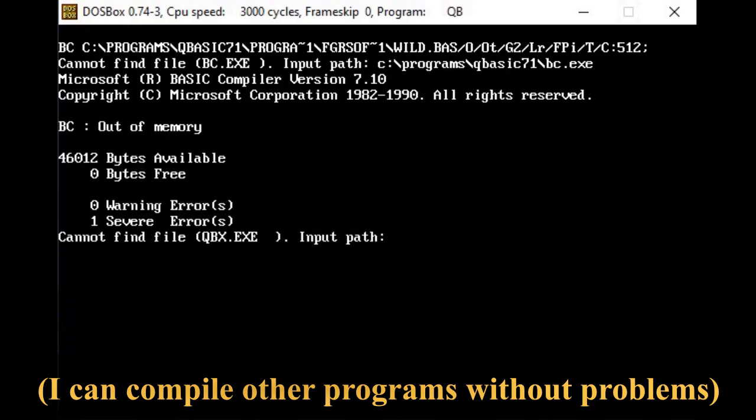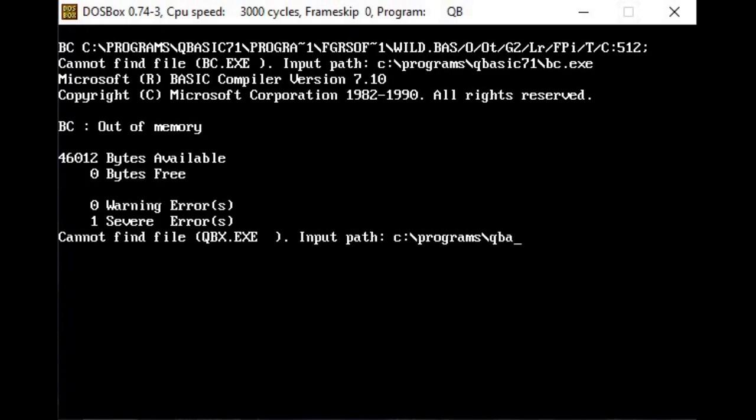So BC, out of memory. Okay, so the program is having a problem there in this bc.exe. Out of memory. The path for that. C programs / Qbasic 71 / qb.exe here, and it just finishes. Okay,